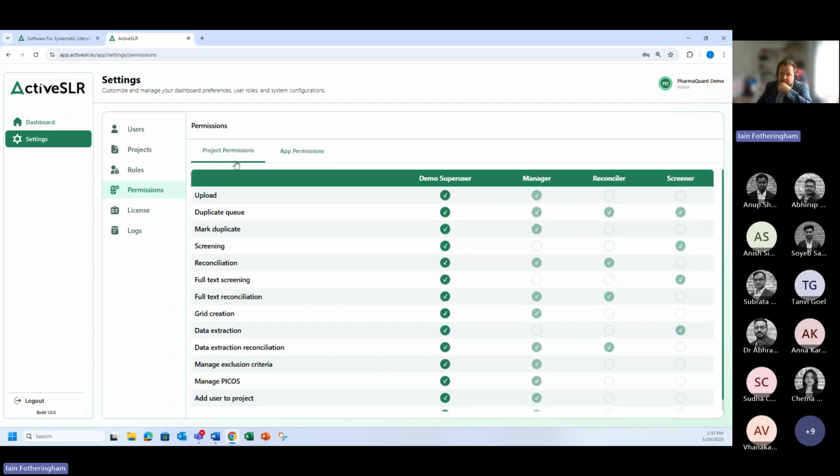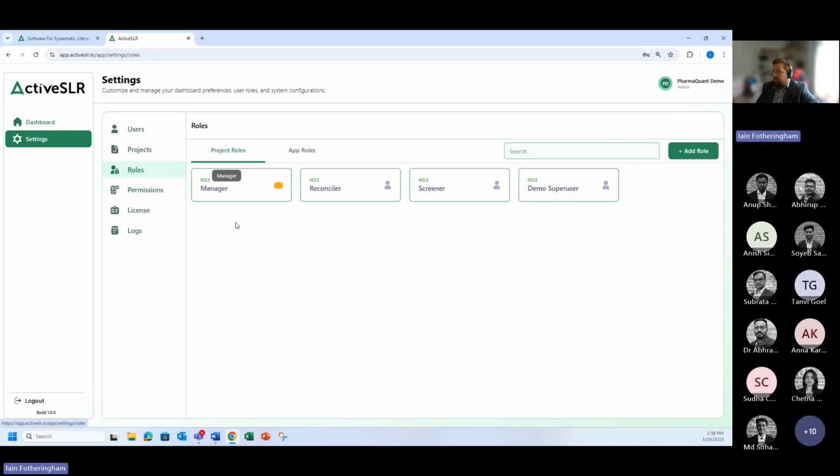Within the project permissions, we have 3 normal presets, but you can create as many as you wish of exactly how you wish. So I just wanted to first explain that when you sign up, you won't have this demo super user. This is one I just set up, but you'll have manager, reconciler, and screener. Now, within PharmaQuant, these are the kind of levels of permissions that we have. We normally have, for example, a screener that doesn't need to upload the papers, that doesn't need to see the dispute resolution, the quality checking. Maybe they're just a screener. They're not even doing data extraction sometimes. So the level of access that a screener needs is different to a manager. But you can set these up however you wish in the roles